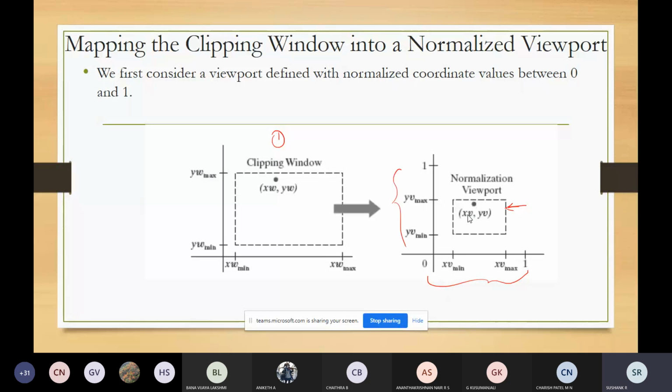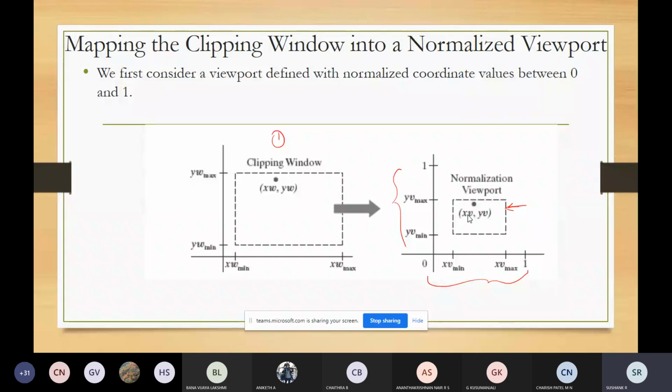So the first thing is you consider the viewport defined with the normal coordinate values between 0 to 1. After that the object descriptions will be transformed into this.